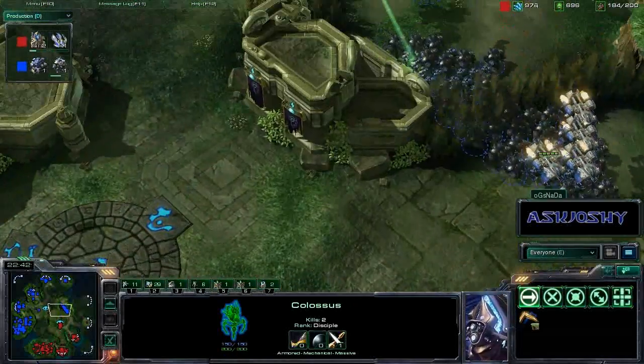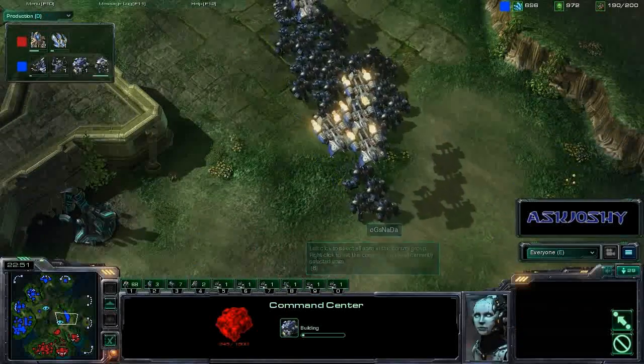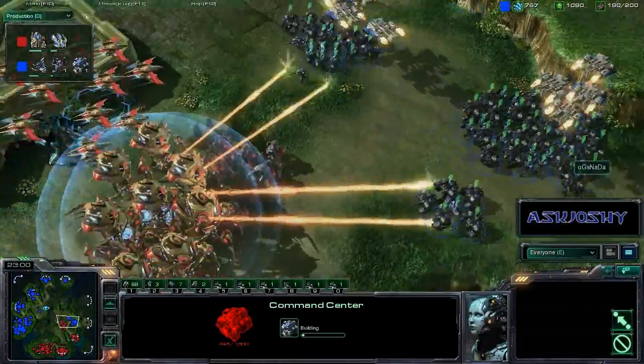Tester sitting at 182 supply, NaDa at 190. Single Phoenix watching this SCV build. Yet another command center for NaDa. So NaDa on 4 bases, 3 of them mining. Tester on 2 bases, only 2 of them...